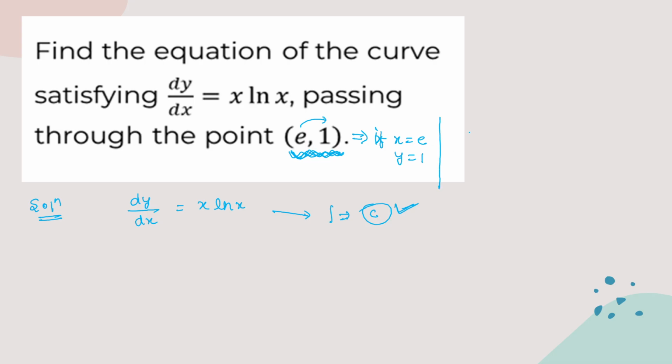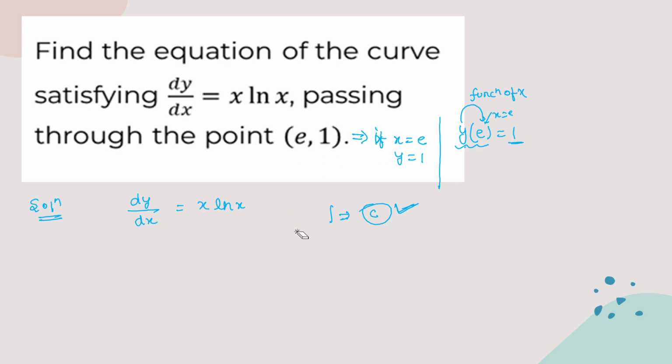However, a different way to represent this boundary condition can be like this also: y(e) is equal to 1. Since y is a function of x, they are putting the value of x as e, and when you put x equal to e in the y equation, you get the answer as 1. So they can give you these boundary conditions in different formats. You have to understand how to use this. So this is the boundary condition given.